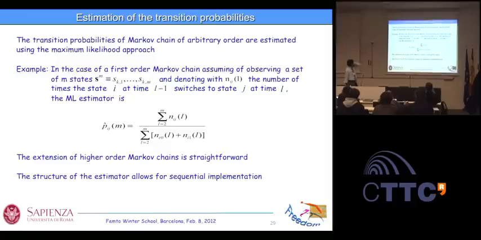Now, of course, in practice, we don't know the transition probabilities. We can estimate them. The maximum likelihood estimator of the transition probabilities is very simple in this case, because it's essentially a count of the number of transitions. So if you take this ratio here, this will be the maximum likelihood estimation of the transition probability from state i to state j, from one time index to the next. And these are the numbers of times in which the activity switches from one state to the next. Okay, this is well known.